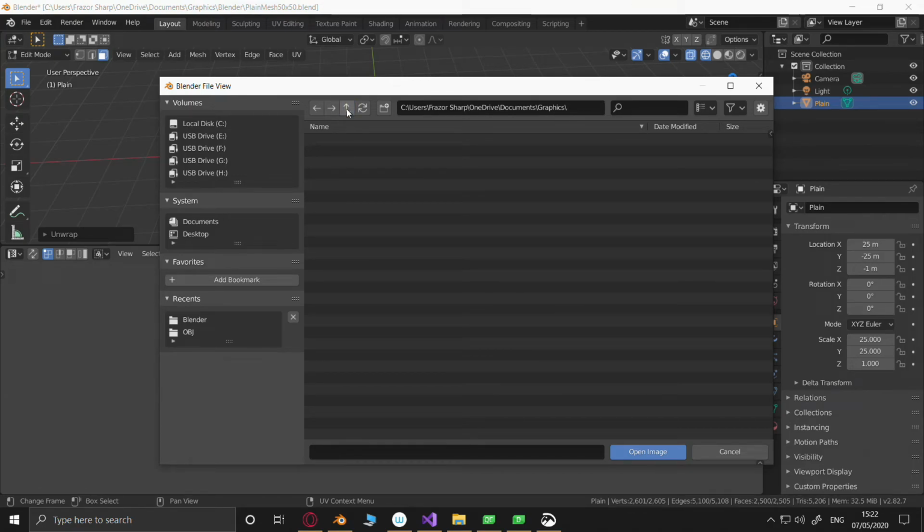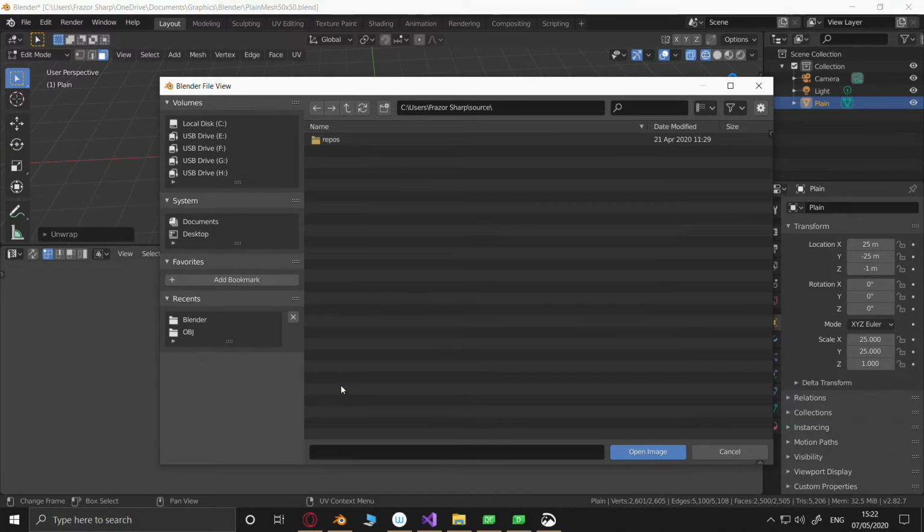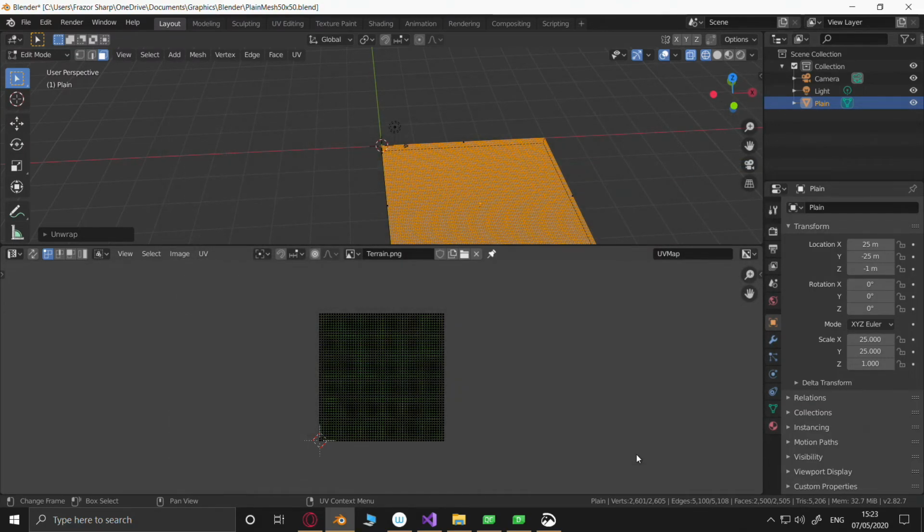Okay. Source, repos, World Builder, resources, textures, terrain. Open image. That worked.